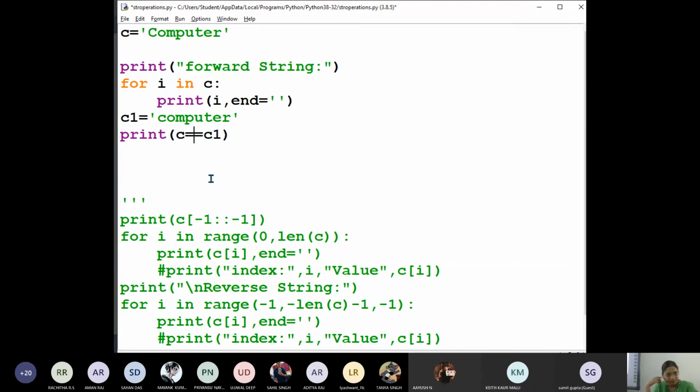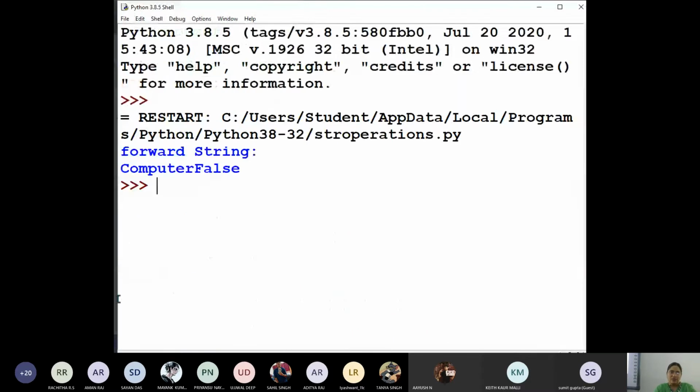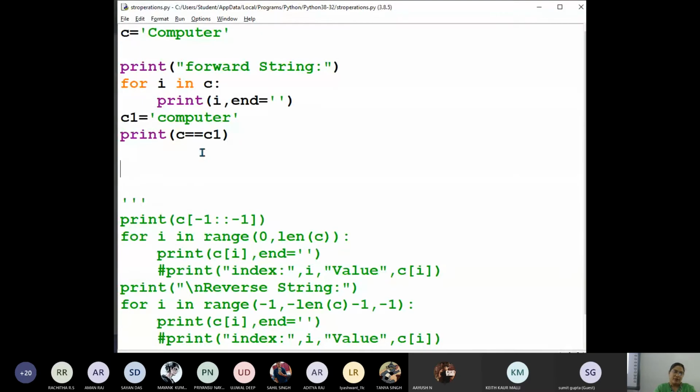Ma'am, they are not equal. They are not equal, so what must be the result? True or false? False. Very good. Now let me run it and show you. Now you can see, children, false. Correct or not? So very good, Dimple.